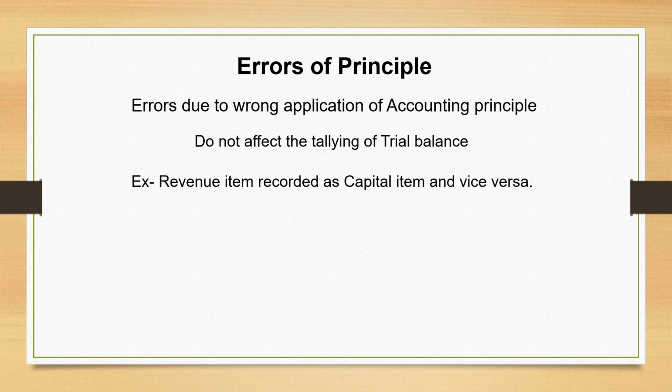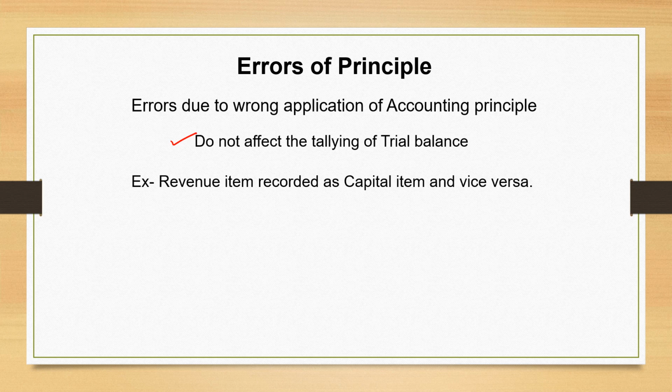First, what is error of principle? When the accounting principle is wrongly applied, then whatever error arises out of that wrong application of accounting principle, we call those errors as errors of principle. Now, in this error of principle, you need to note that it will not affect the tallying of trial balance. Both the effects would have gone to the correct side, but the problem is it has not gone into the